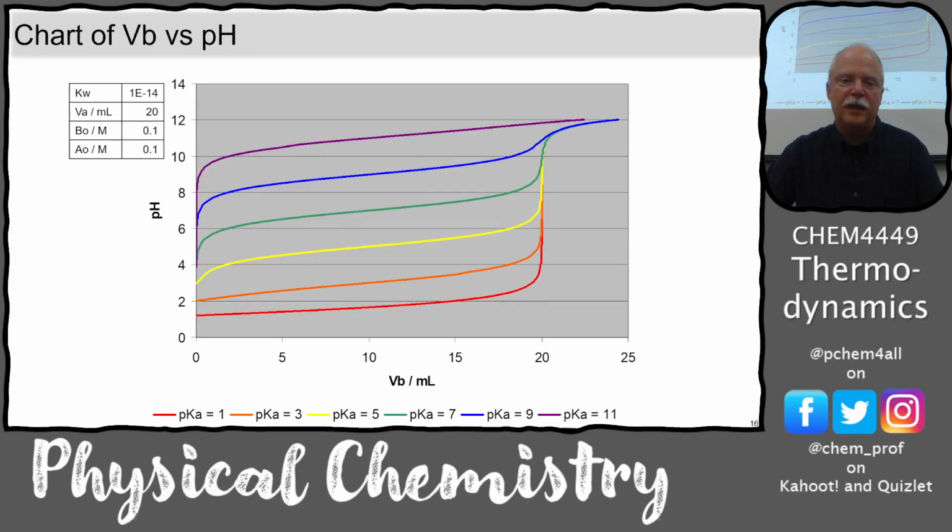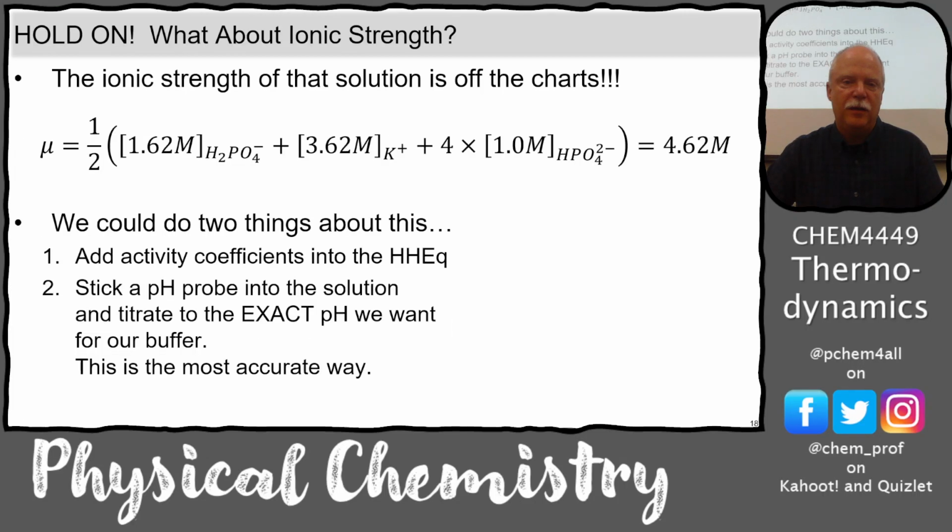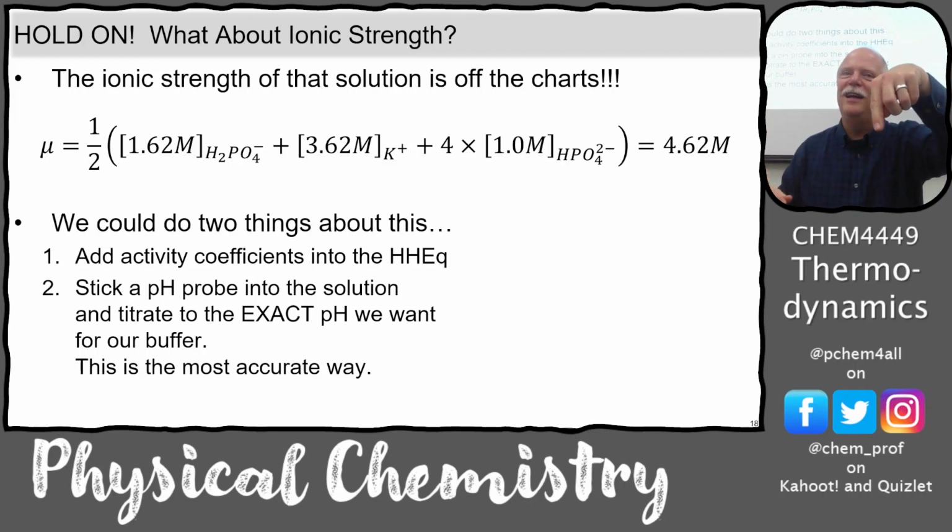We've got these buffer regions, and I just want to show you this last piece: if we take into account the ionic strength of a buffer solution with all of those concentrations of ions, this ionic strength is off the charts. And literally, if you go to the analytical chemistry book to try to find the ionic strength activity coefficients, it's off the table. It's off the charts for real. So what do we do? Well, most of the time when we make up buffer solutions, we don't calculate the theoretical pH. We stick a probe in there